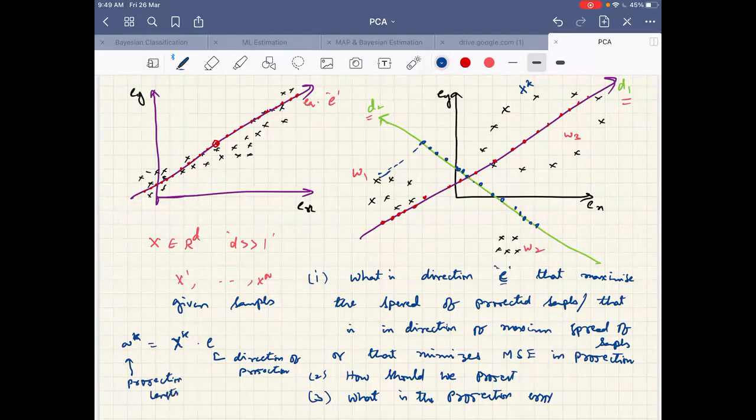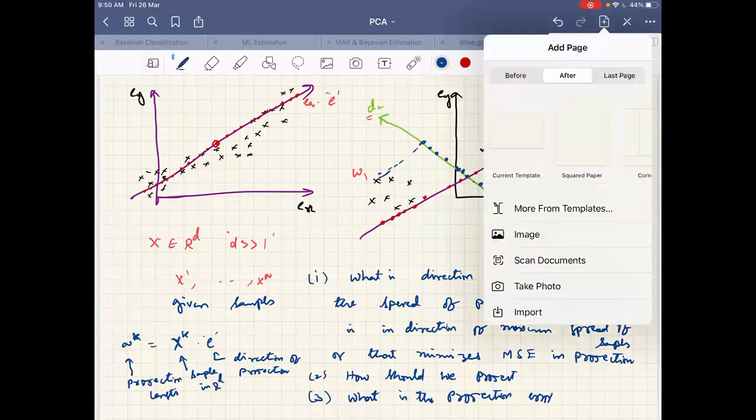And what is XK? XK is a sample in RD to be projected. Fine. This is how we have done so far. Now, given this scenario, what is E that is best in capturing the variation of all samples? Is this clear?